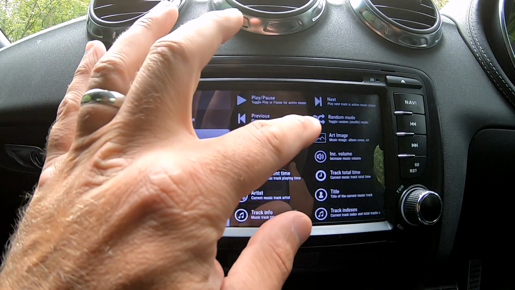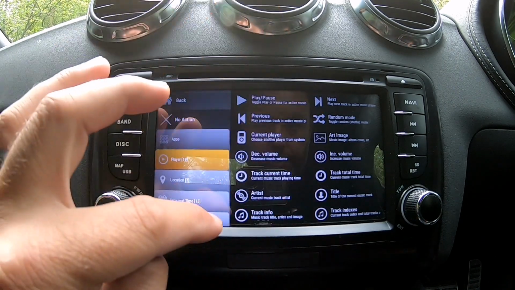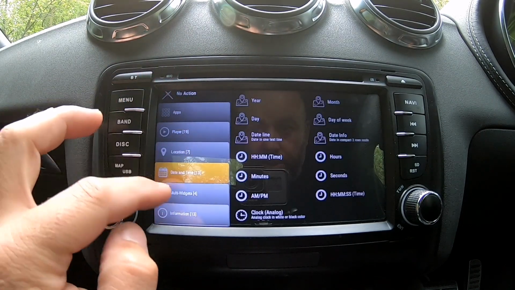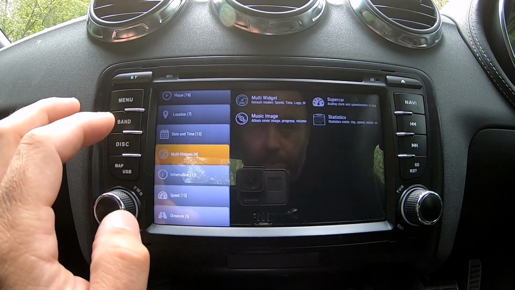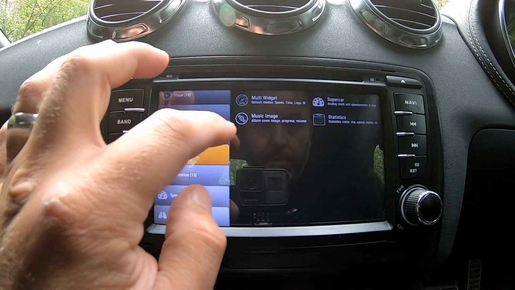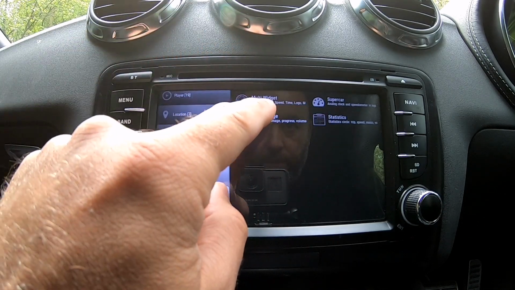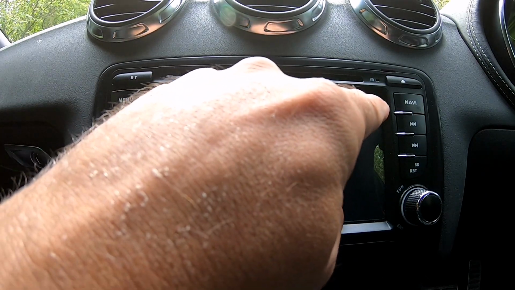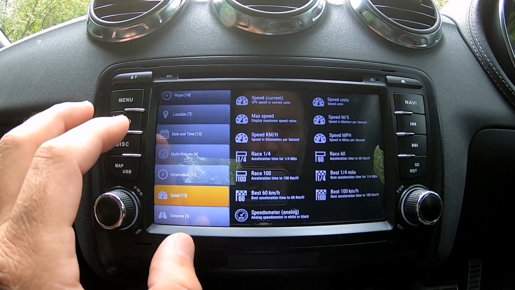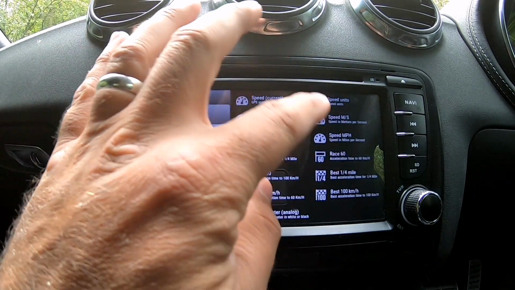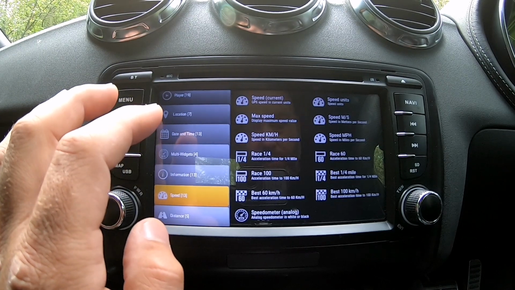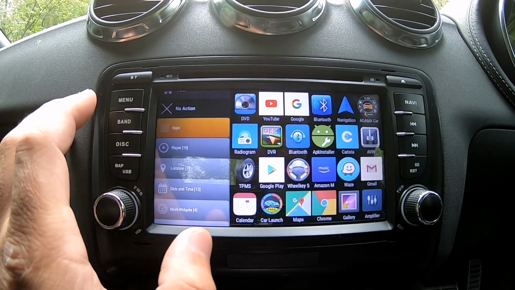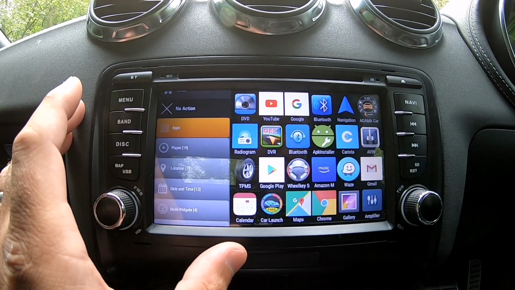And then you've got a couple of default shortcuts which is already there to do with music. You've got a few to do with location, date and time, multi widgets, which would display different, like that one, default mode, speed, time, logo, and then something else. And then you got an analog clock and speedometer in there. I haven't used any of those or tried any of those. And then you've got a few more information here, which is slightly more than the one that is stored on the initial page. But if we just come to apps,